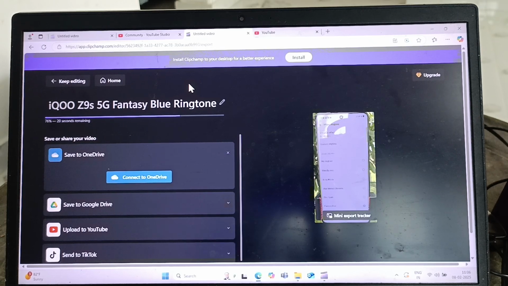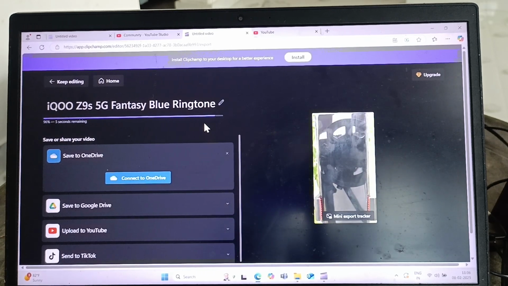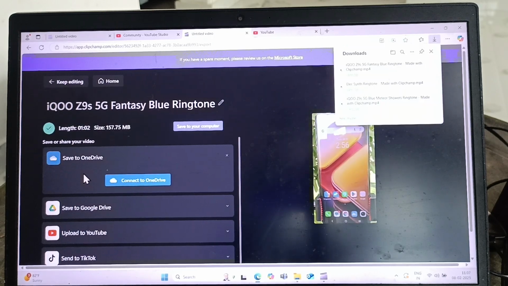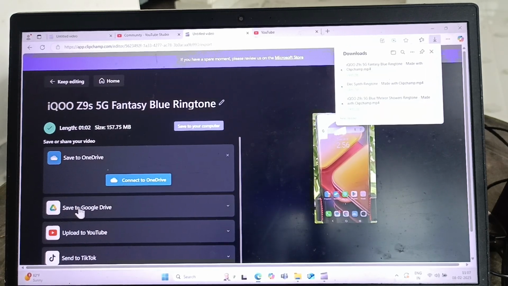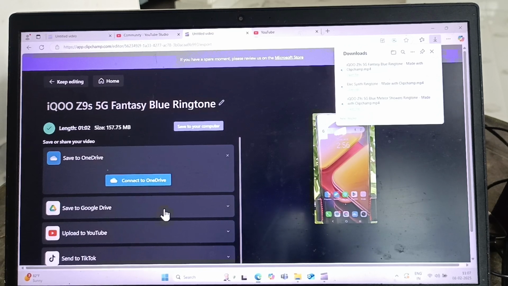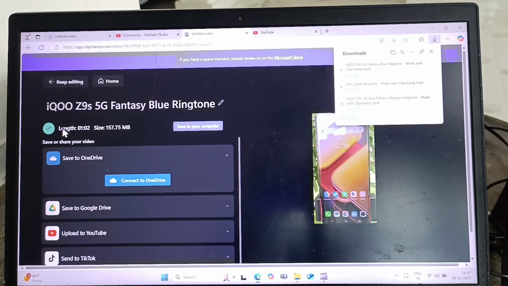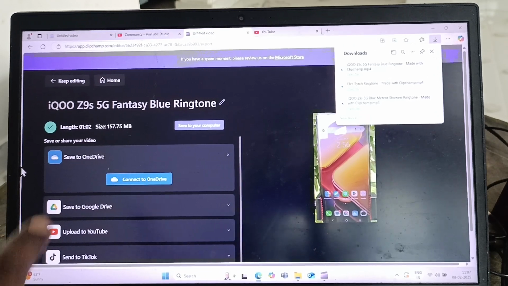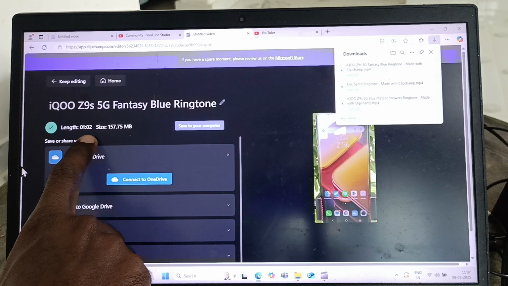This exported file will be located in the default folder. So here in my case, it will be downloaded to downloads folder. So see here, wait 5 seconds. Also you can save your export to others, like save to OneDrive, save to Google Drive, upload to YouTube, send to TikTok, etc. So here see, it is saved, and length is showing 1 minute and 2 seconds,